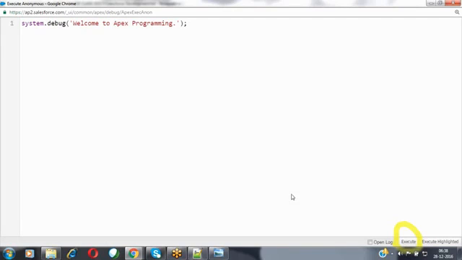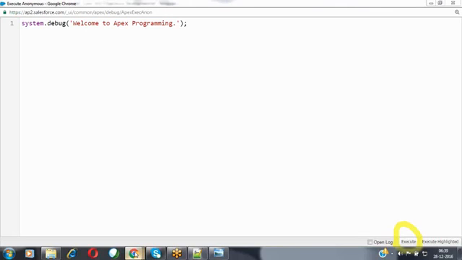When you click on the execute button, a request is sent to the server. A small pop-up message is displayed, saying the request has been sent to the server. Salesforce has processed the request and generated the response. Then where can we see this response? How can we see the result? Upon executing the code, Salesforce generates a log file. That log file is called a debug log file. Where can we see this debug log file?